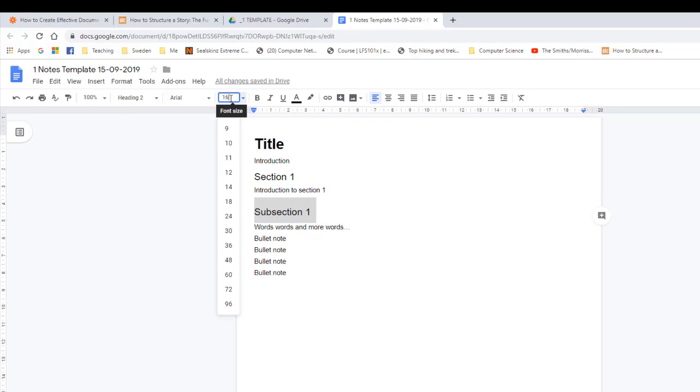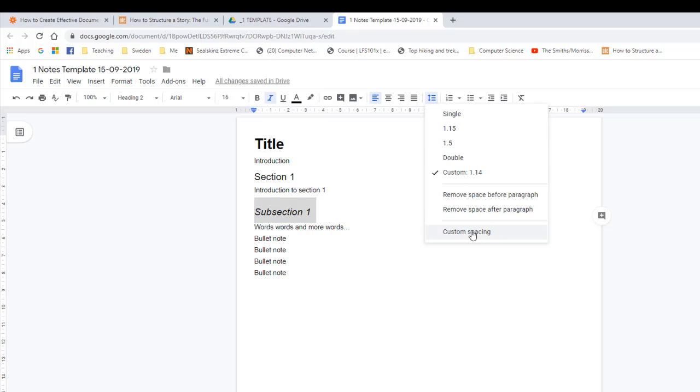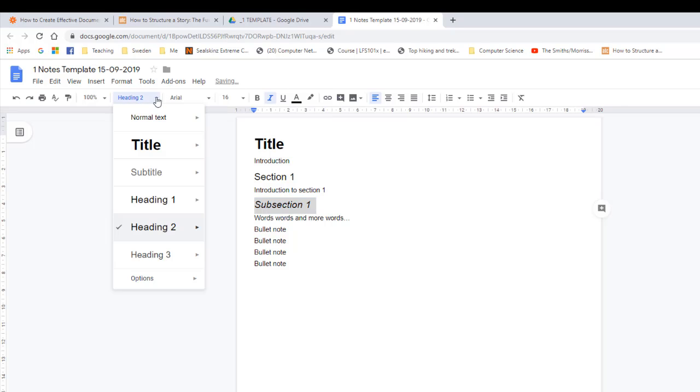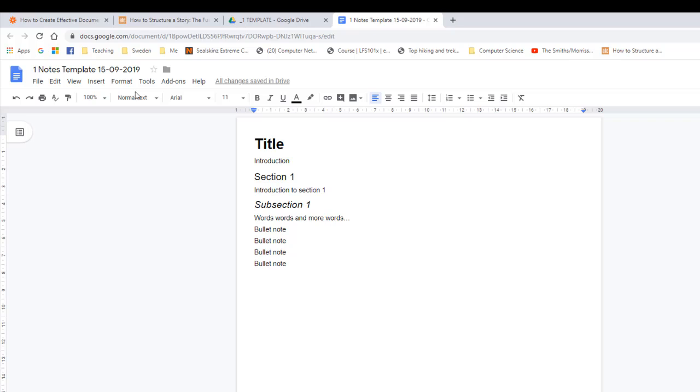Again, the text is a little too big. I'm going to make this 13, italic, and reset the spacing to 6 and 3. That's better. I'm going to go in and reset heading 2. Now I could go on and do the same thing for,